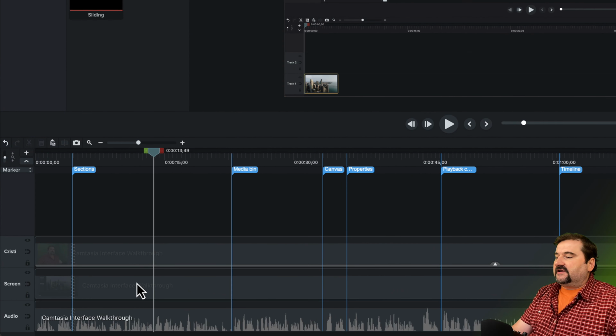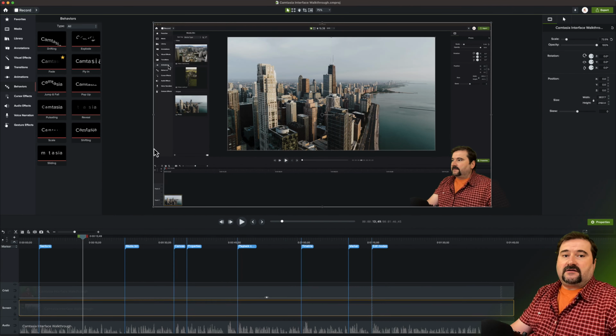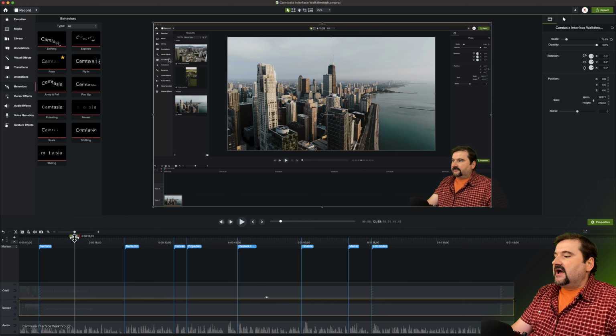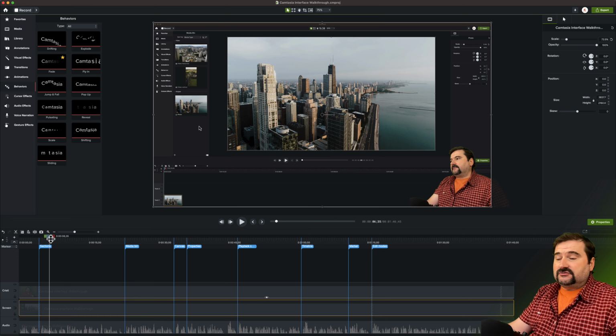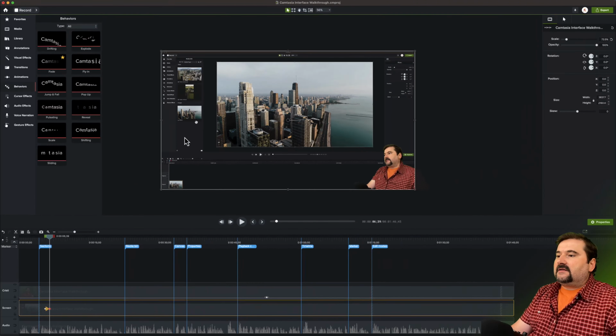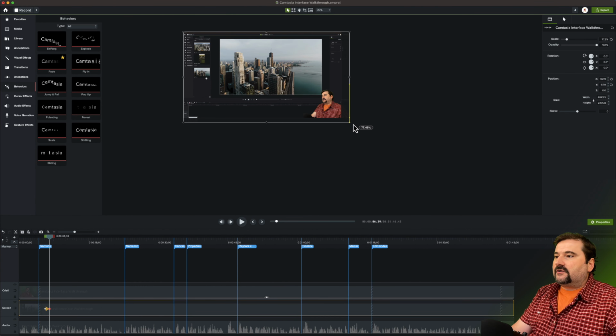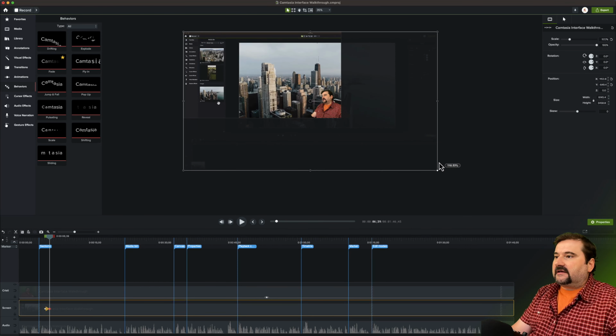So I go to this video here, and here's my screen track, the one in the middle there. If I want to zoom in on that area using a little bit of an animation, I just place my playhead where I want to be completely zoomed into that area, and I press Shift and A, which adds a custom animation. So with that animation, you can see it down there on the timeline. With that animation, I will zoom out and drag the screen recording to scale it up like this.